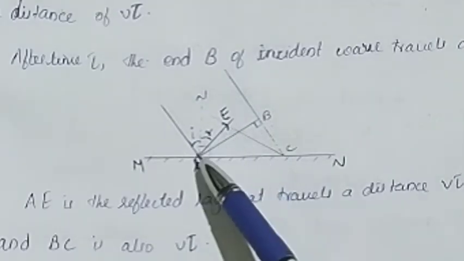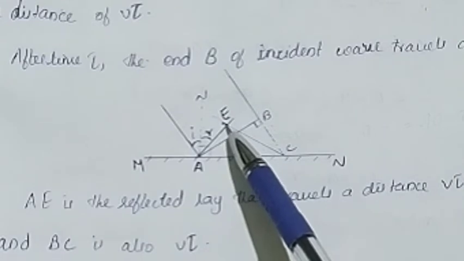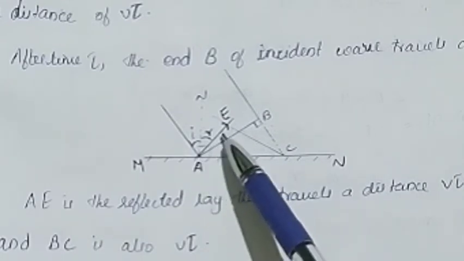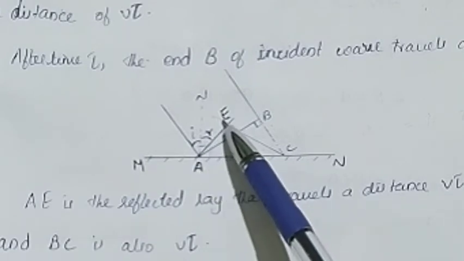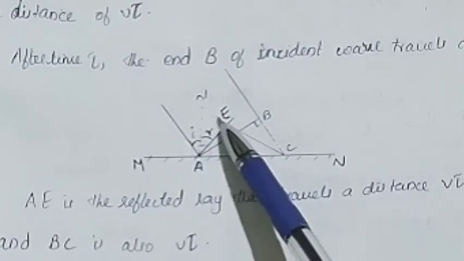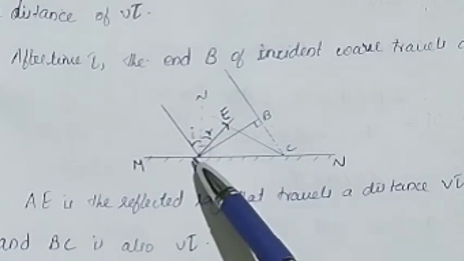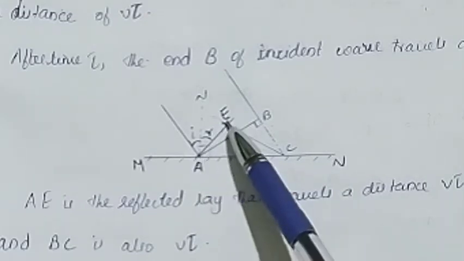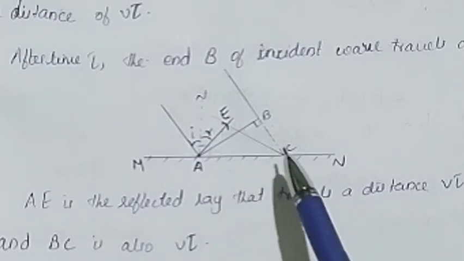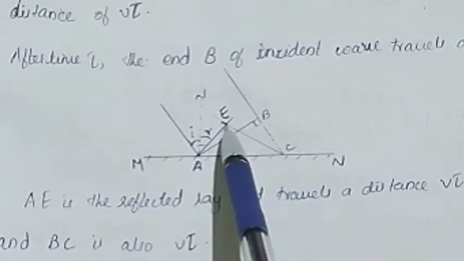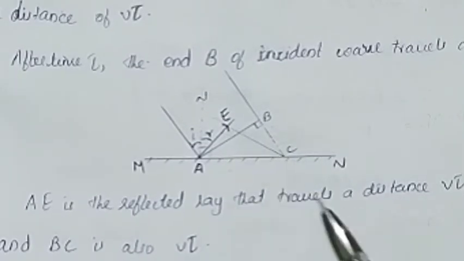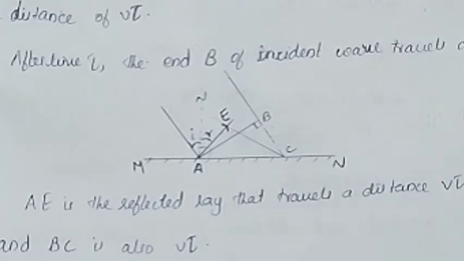So the wavefront after reflection can be represented by drawing a sphere of radius v tau, that is, here we will obtain a spherical wave having the radius of v tau. Now we draw a tangent to this spherical part at the end E from the point C. So this EC is the tangent at the point E, that is, this is 90 degrees.